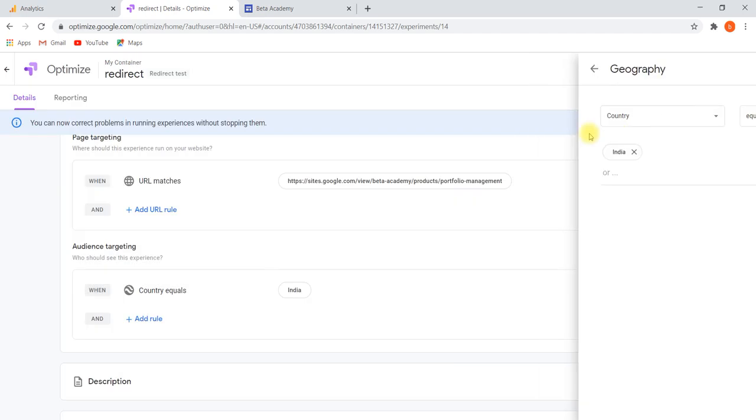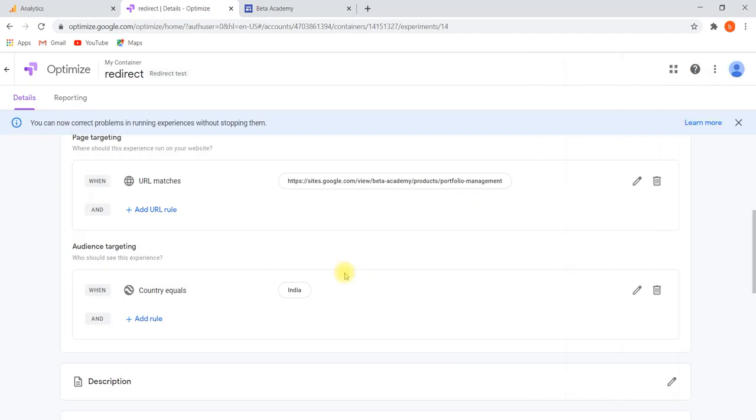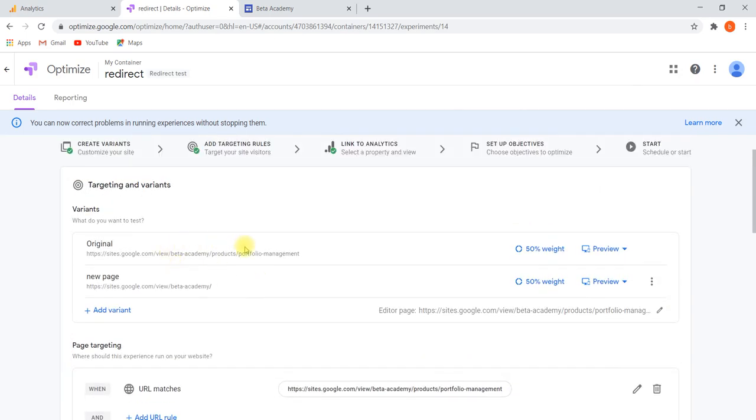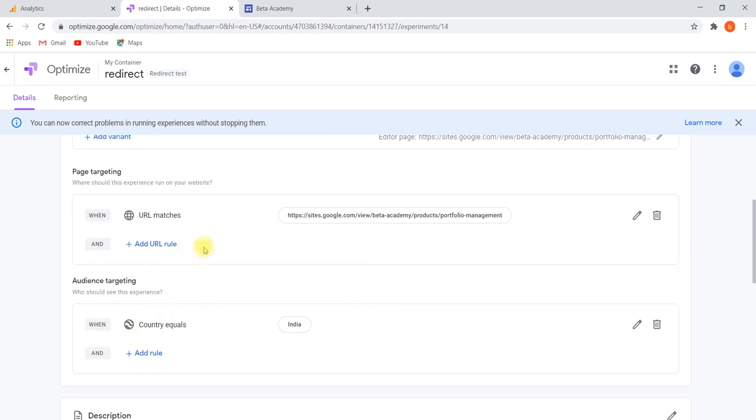Add. So the new page will be shown only to Indians, and this original page will be shown to everyone. In the sense, you may have some hidden pages. You would like to check what the reaction to that particular page is from your selected audience. We can do this.